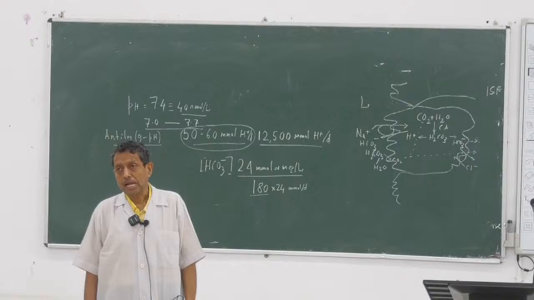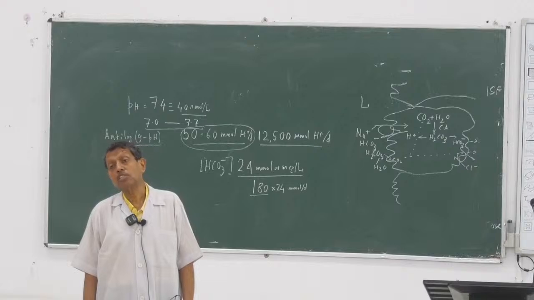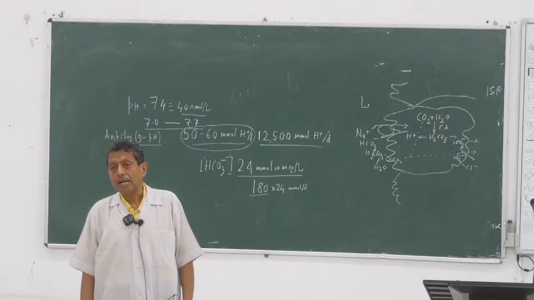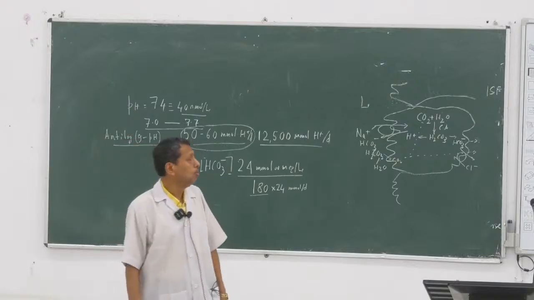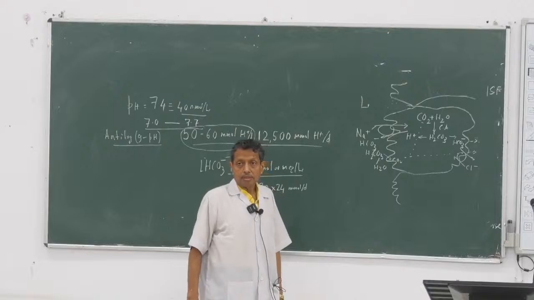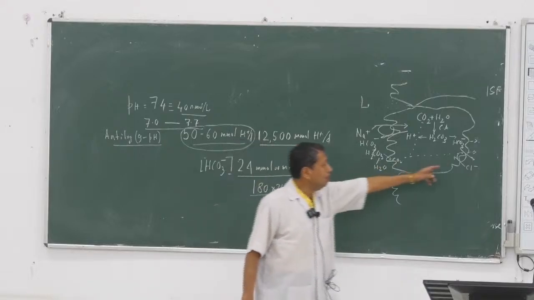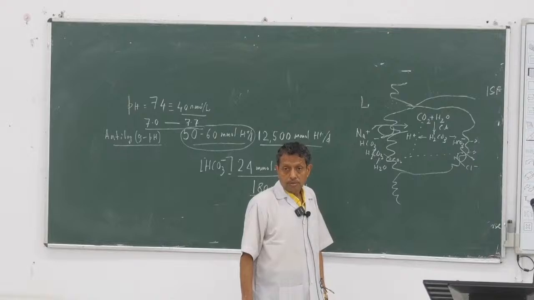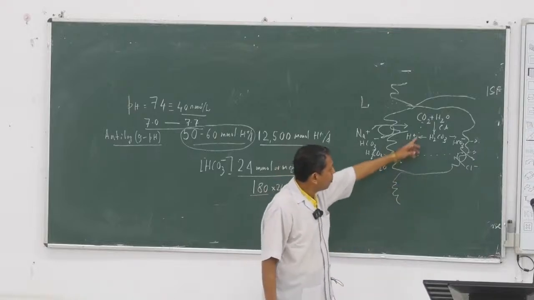And it is quickly converted in the reverse way into carbon dioxide and water. Water remains in the lumen, and carbon dioxide can diffuse easily through all the biological membranes, and it may be either eliminated through the cell into the blood,